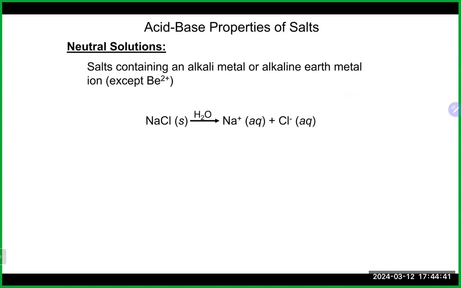First off, there are neutral salts, and pretty much neutral salts contain an alkali metal or an alkaline earth metal, and if you remember, that's group 1 and 2 on the periodic table. That is what we talk about in terms of where our strong bases really come from. So if you want to think about it that way, you can, or you could just think about it as group 1 and group 2 on the periodic table. These guys are what are referred to as being neutral salts. So if we have a salt like sodium chloride,